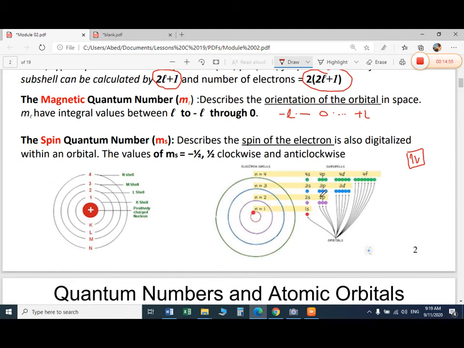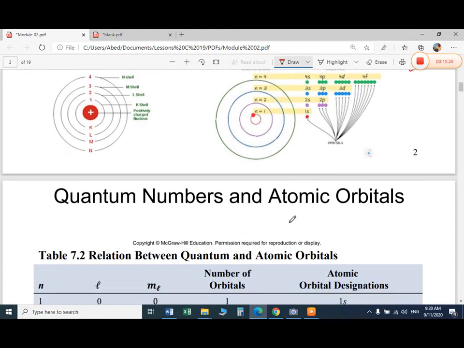So this diagram also will give you a mental picture to remember that in shell number 1 there is only one orbital, in shell number 2 there are two subshells, with three orbitals in the p and one orbital in the s, then 3 orbitals in the p, 5 orbitals in the d, and 1 orbital in the s. So this is all the information. By diagram you can learn, memorize and remember also.